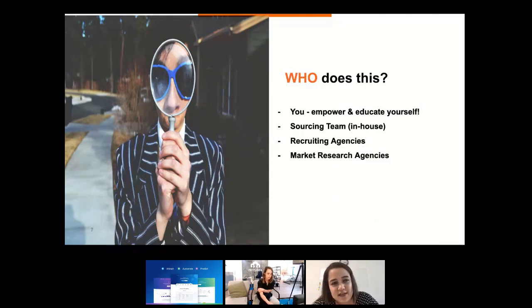And then if you're really feeling lost, there are market research agencies, depending on your budget. Once a year, you can have them do some research in the market to see what your best sources are, the companies you should be looking at. And perhaps even a different industry that also fits the needs of your teams and the skills needed in your teams. So if you want to outsource that as well, you can.